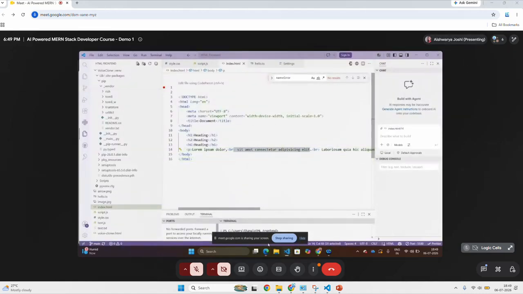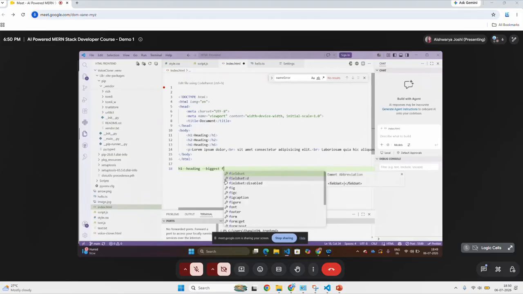Okay, so as of now, we have seen H1, the heading tag, which H1 is the biggest font, and H6 is the smallest one, and the list goes on from H1, H2, H3, H4, H5, and H6.